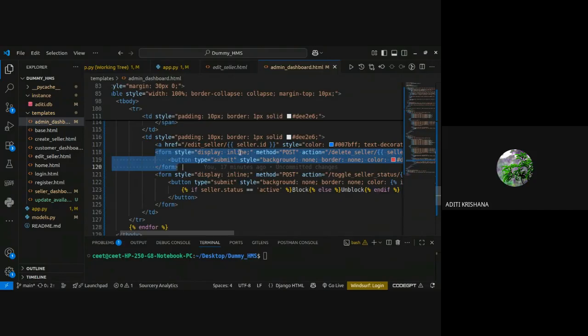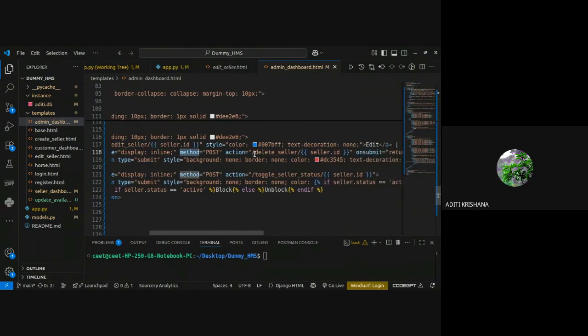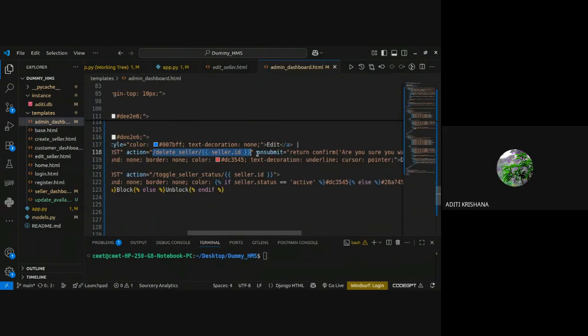Okay. So there are some stylings here you can ignore as well, but what you have to keep in your mind is the method. I have mentioned post, and the action, which consists of the URL path, the table name, and the ID. ID was the column. And then these are the secondary things. This is not a priority, but you can mention that.